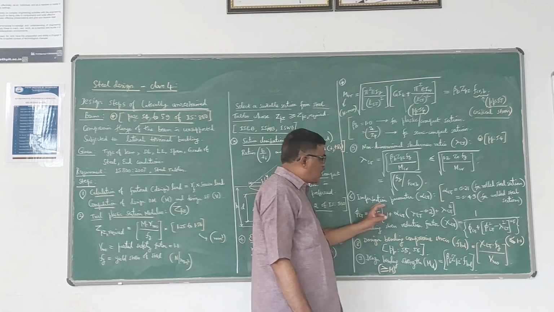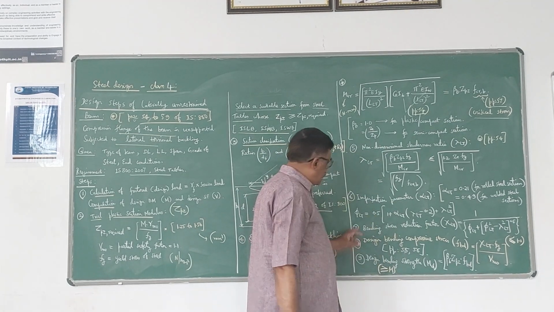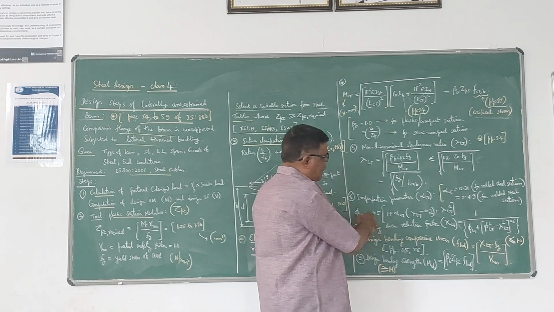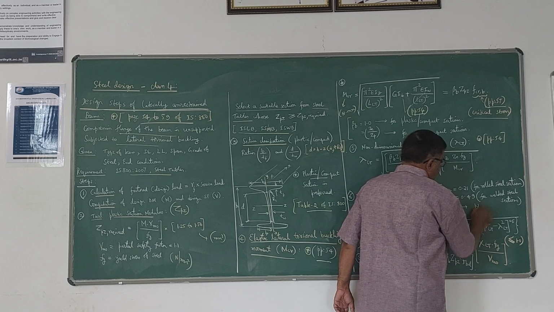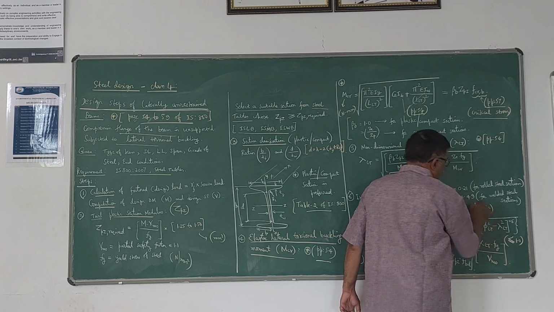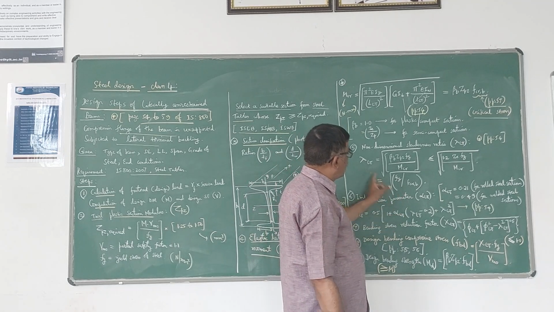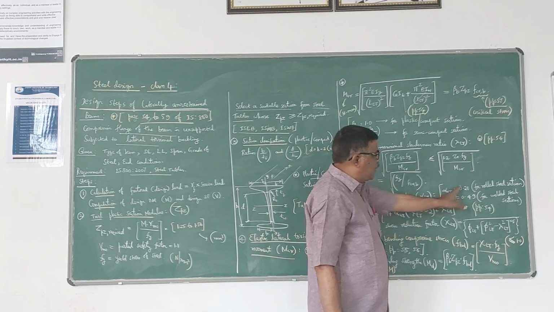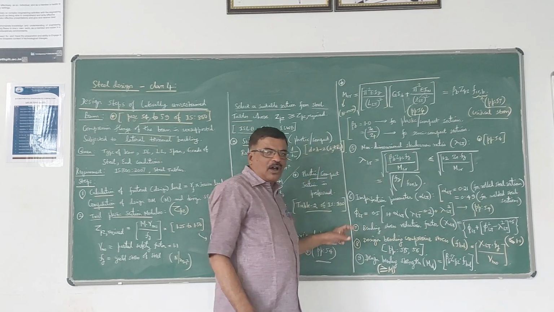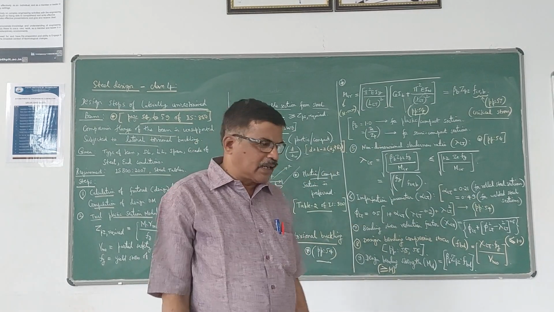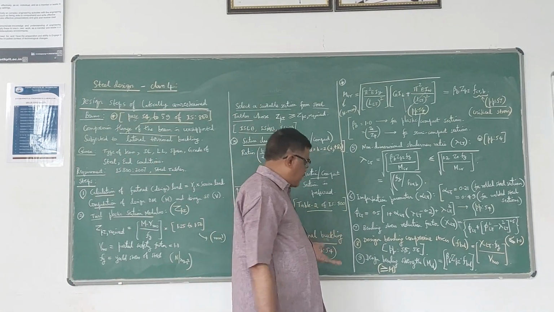So after assuming this alpha LT value, you have to calculate one more parameter called phi LT. Once again, this is available in page 54. So you can just substitute in this formula and get the value of phi LT. Lambda LT you have got from the earlier step, and alpha LT you have assumed based on the type of the section. Calculate this phi LT. All these are non-dimensional parameters. That means they don't have any units.